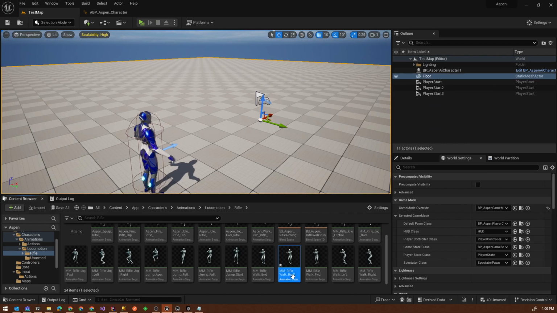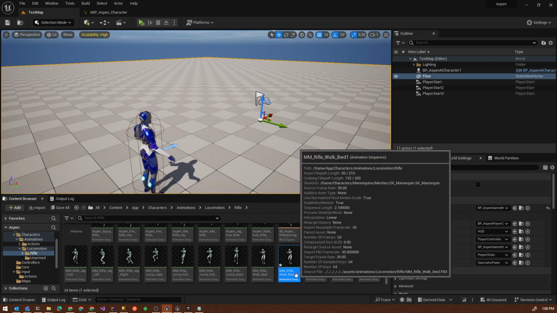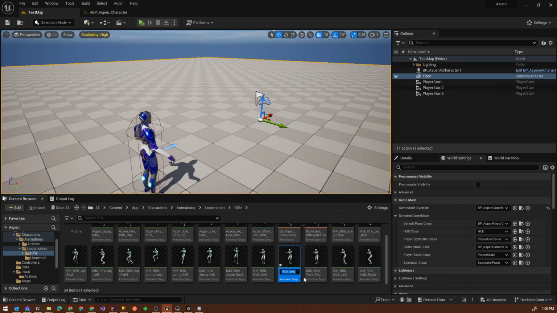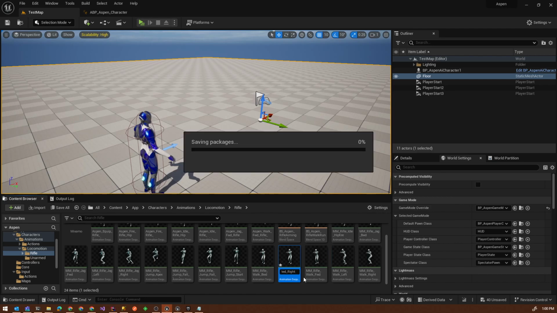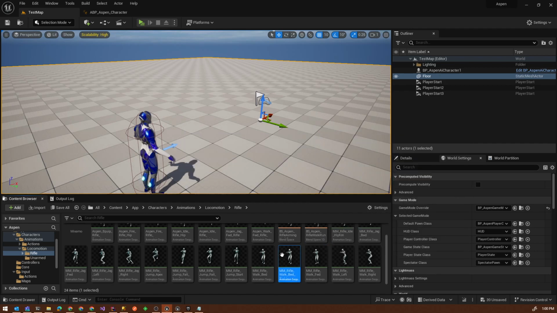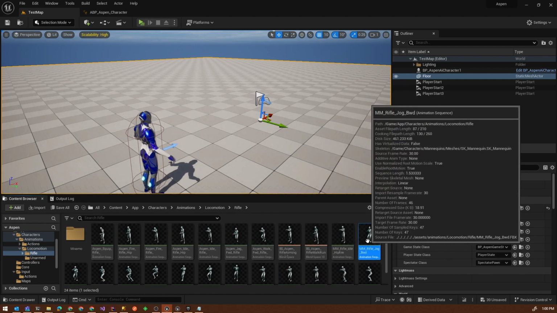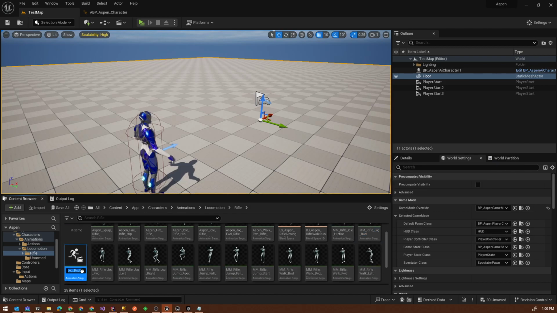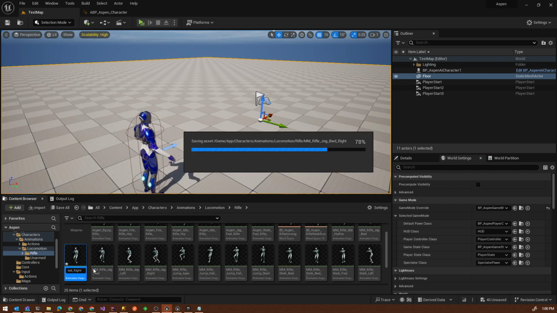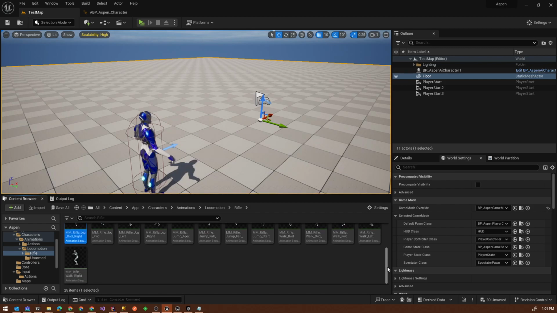Backwards, right. So we got walk backward right, and I'm gonna want jog backwards. Duplicate that one. Call it backward underscore right. Okay, so now